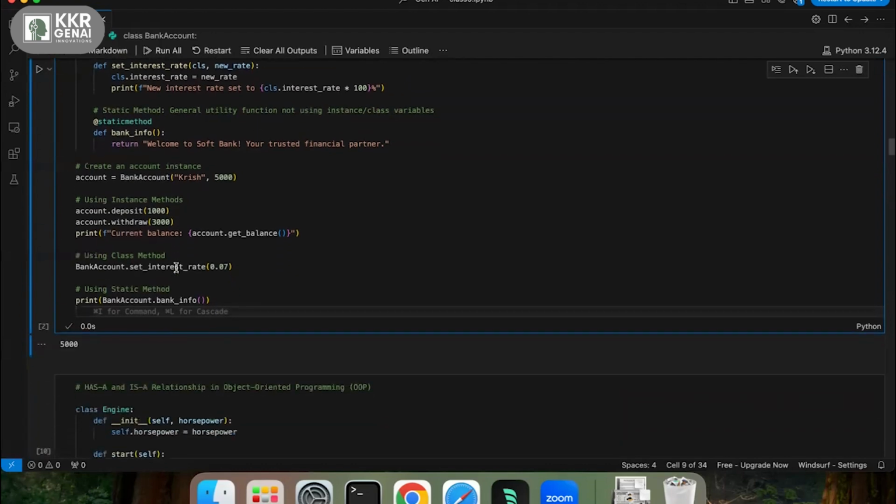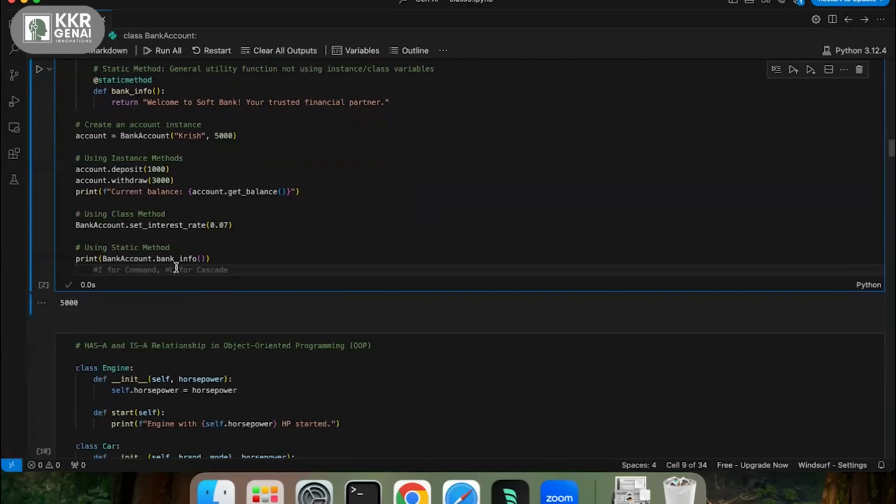Now, go ahead, Loki. Once you override the interest rate with the new interest rate, is it going to apply to the operations we have done before, like deposit and withdrawal? Is it going to calculate on the new interest rate whenever we print the balance?